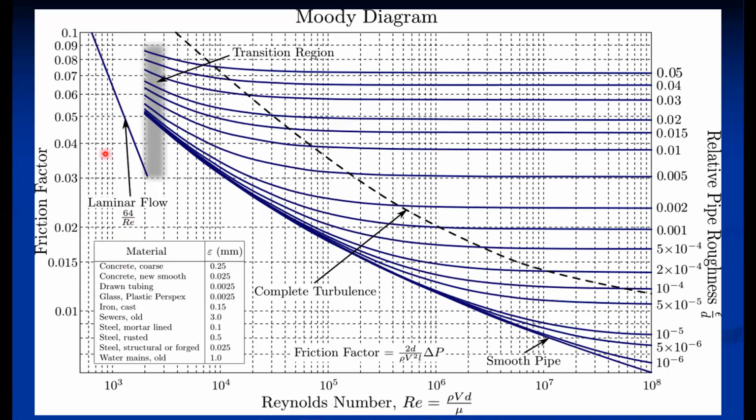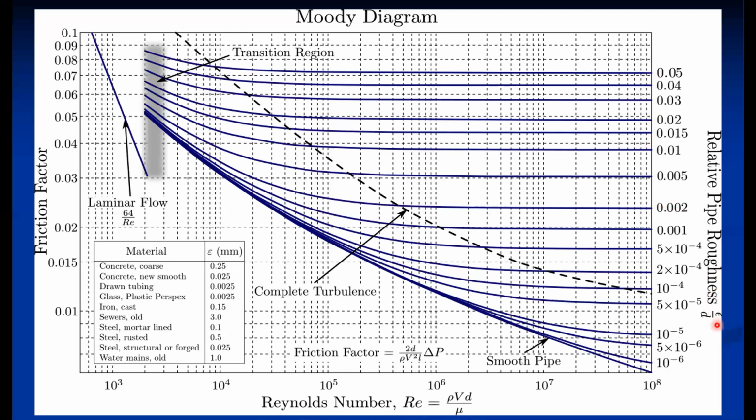There are three regions in this particular chart. This is the regime of laminar flow. This is the regime of transition flow. And this is the complete turbulent flow, we can say. In this particular zone, there is a transition region. This plot is developed for various values of the relative pipe roughness, that is epsilon upon d. So for different values of epsilon upon d, this is the variation. This is the curve for a particular value of epsilon by d.